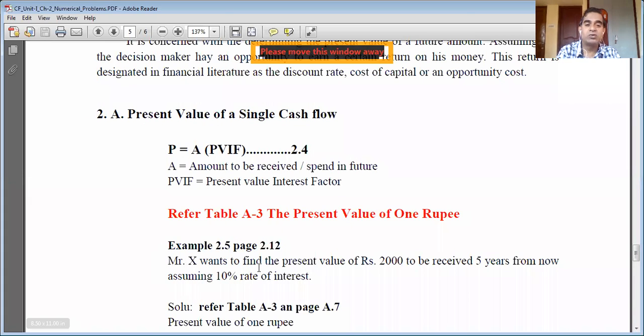Mr. X wants to, so I have already told you that you need not write in the class as it is leading to confusion and loss of time. I have shared the solved numerical PDF file. It is preferred that you write the numericals which we solve in the class after the class in the evening. Do not write them in advance. It will not help you in any way. It will be simply like a second or third standard student writing without knowing, looking at the book and writing.